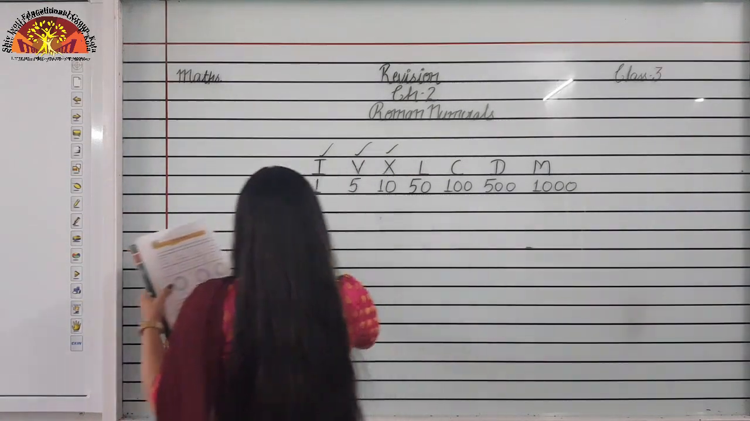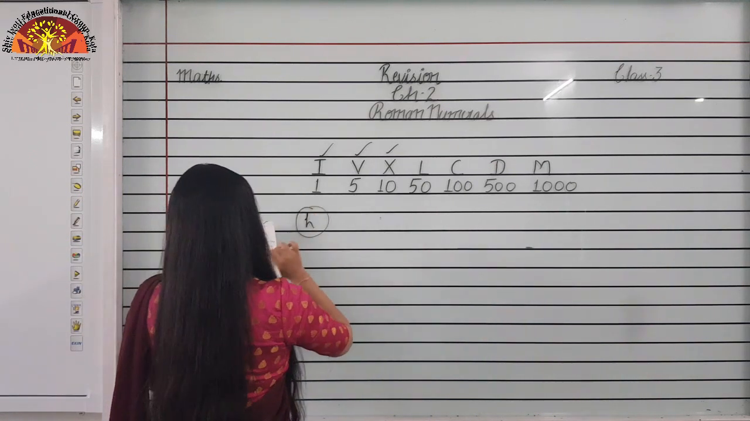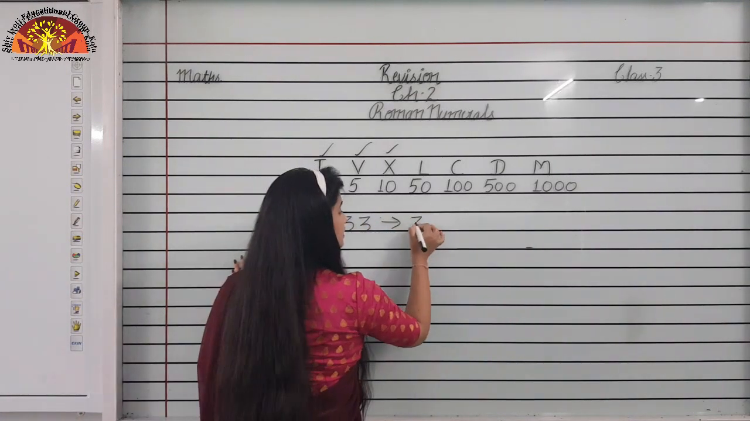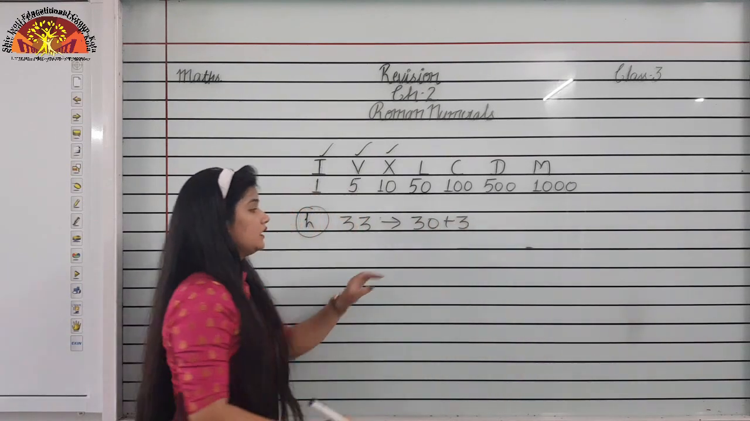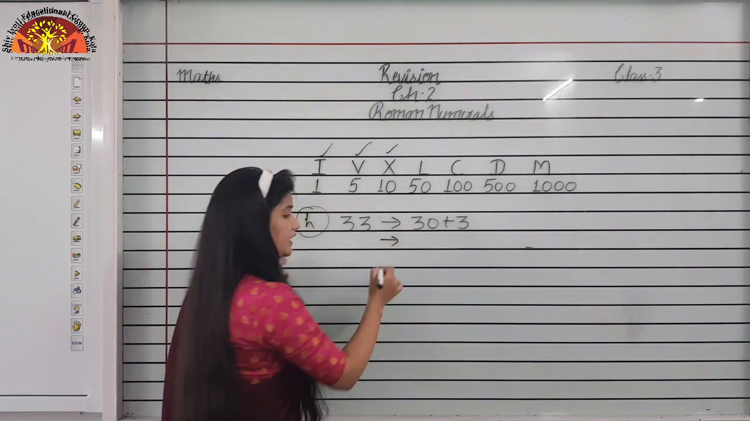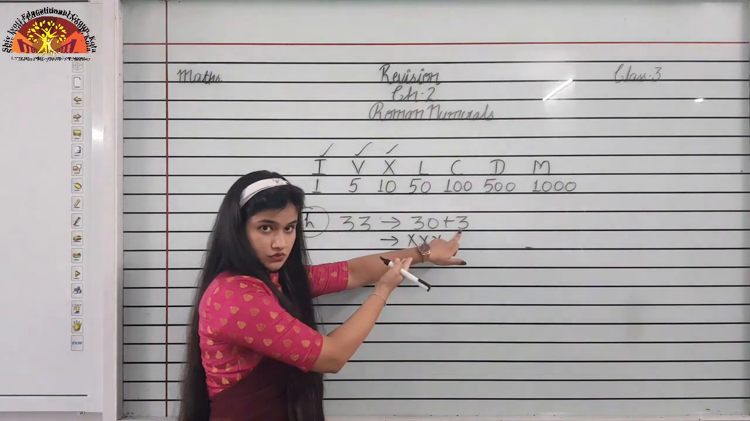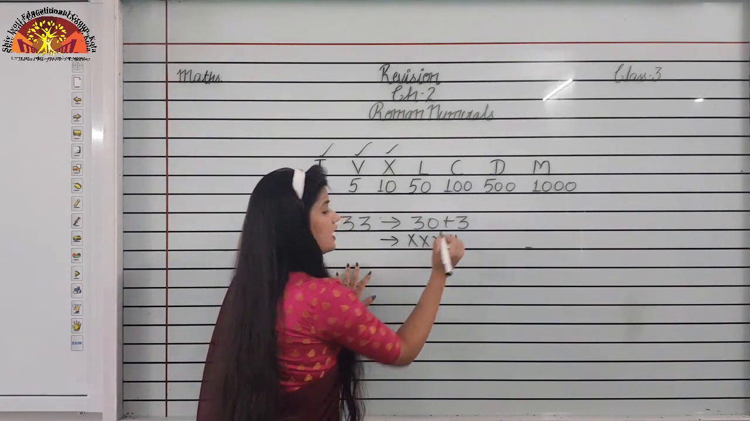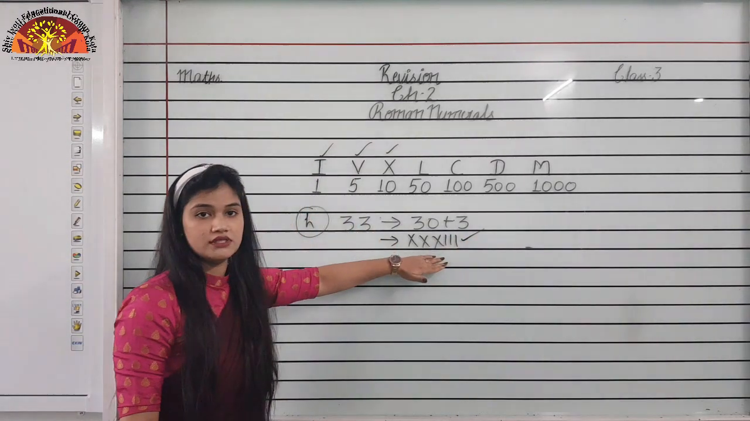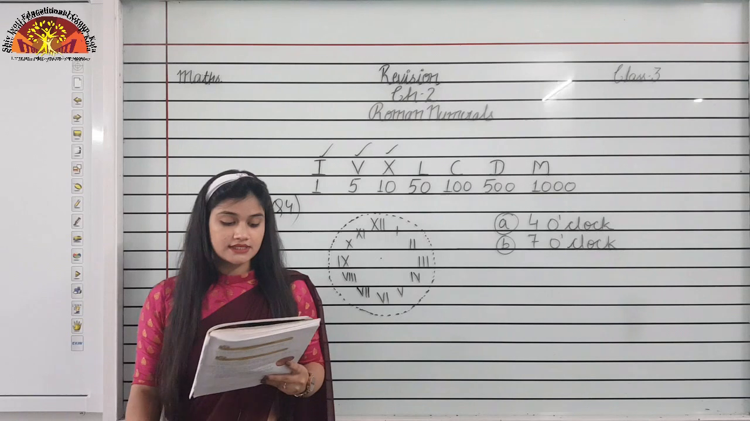Now we take one more question, and now we are taking the H part of this question. Question number 3, H part, that is 33. So first of all, we have to break this number and we can write it like 30 plus 3. We can write it as 30 plus 3, and 30 we have written many times: X plus X plus X, and 3. This is your class also. How can you write 3? 3 times I. Is it clear, students? So in this way you can write 33 in Roman numerals. Is it clear, students? So now we take the next question, question number 4, that is draw the hour hand